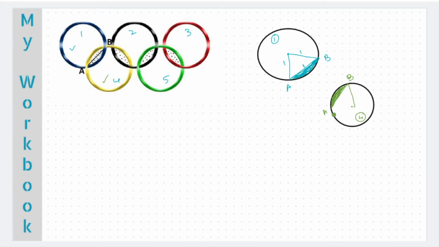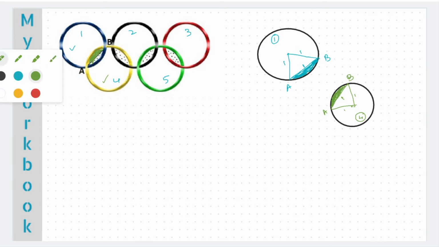Here again, the radius is 1 and the length of the chord is also 1. So we can separately find the area of this minor segment as well. So the green region is the segment in circle number 4,